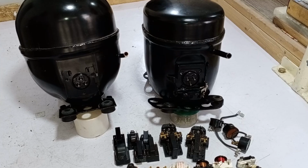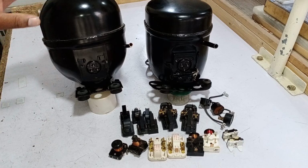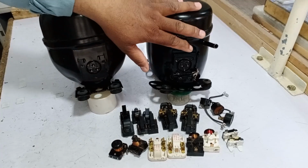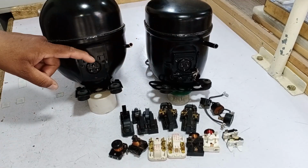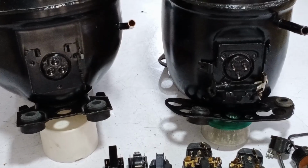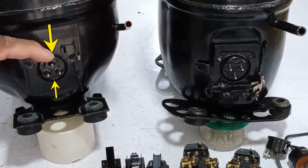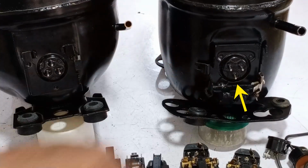You can see that we have two compressors in front of us, which are refrigerator compressors. The compressor on the left is 1x5 horsepower, and the compressor on the right is 1x4 horsepower. The connection patterns for both of these are different. So take a look at this compressor. One pin is positioned at the top, while the other two are at the bottom. On the other hand, in this second compressor, one pin is at the bottom and the other two are at